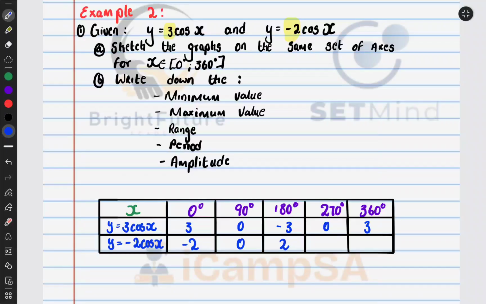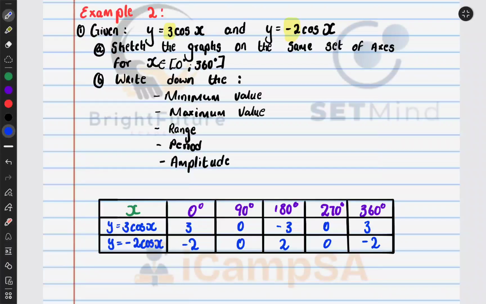At 270 we have 0. At 360 it is minus 2. Okay, so about the function of negative 2, since the value of a, the coefficient of cos x, is negative,